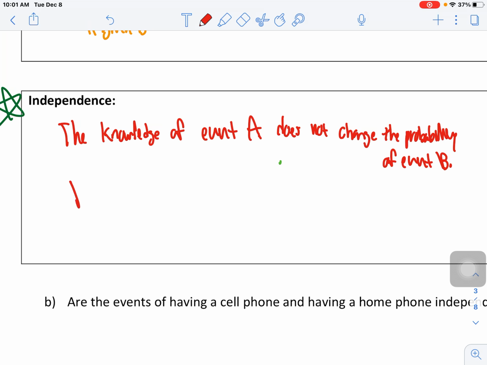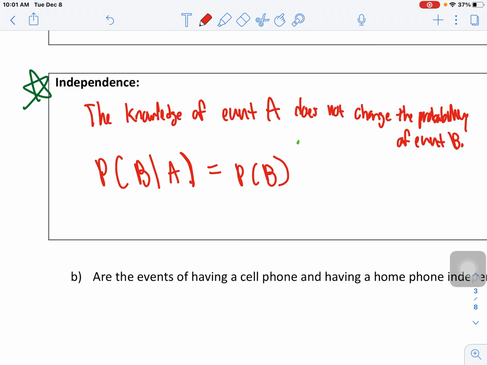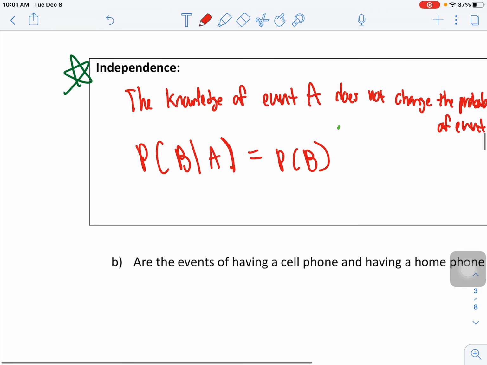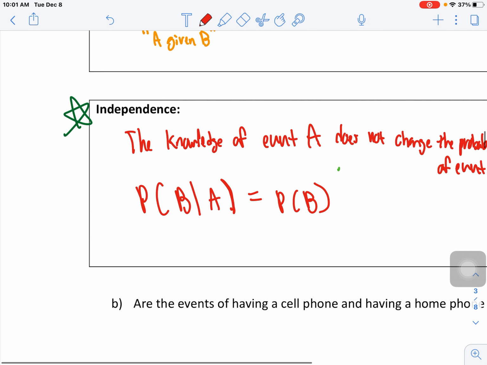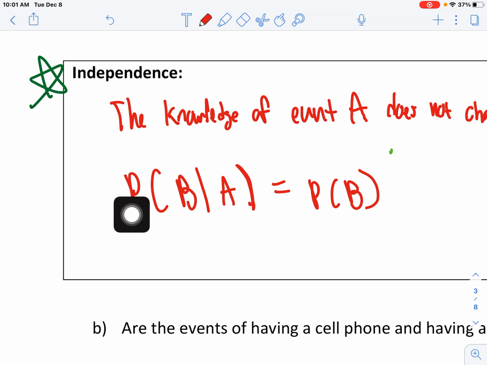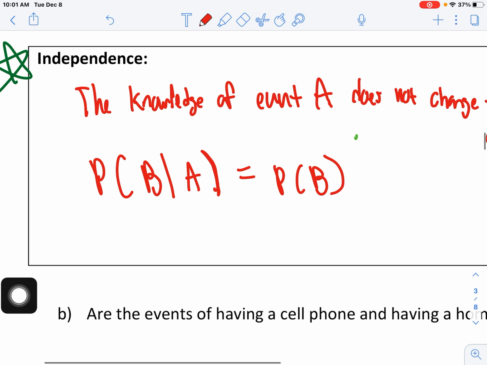And we can check this using this formula. So there's a little check for independence. Now I switched my A and B around. It doesn't really matter. But basically, to check for independence, the probability of B should be the same thing as the probability of B given that